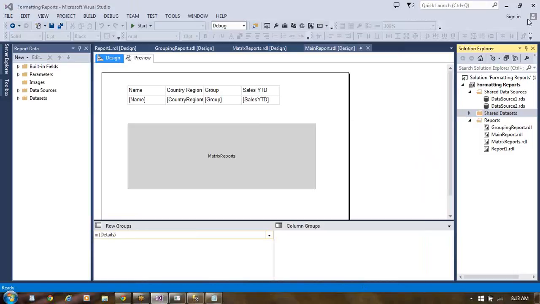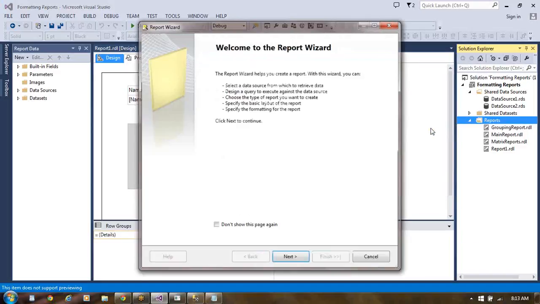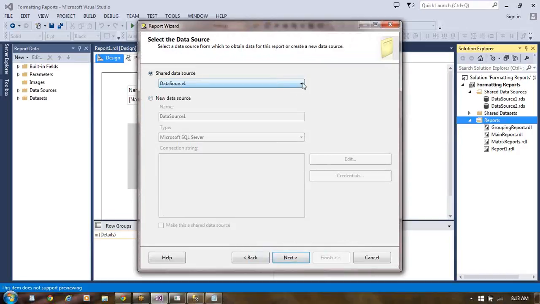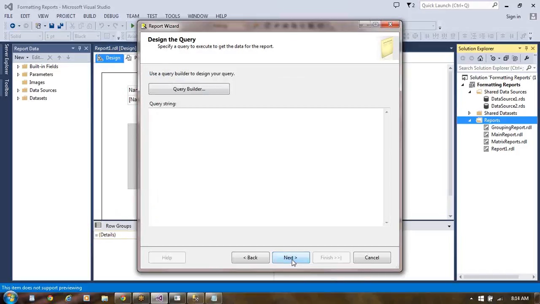Now let us actually make a sub report, main report as well as sub report. Go with the reports in this, add a new report. Here we choose data source 2. This is going to be next.